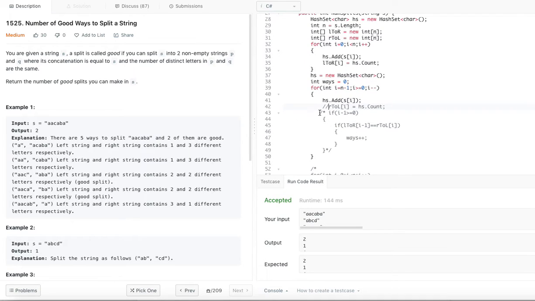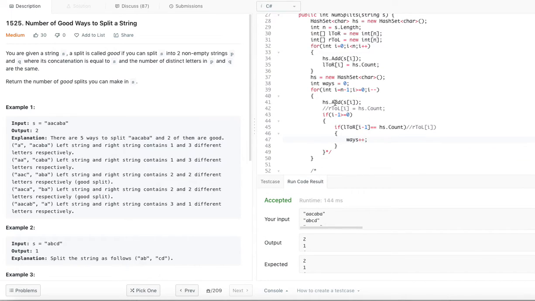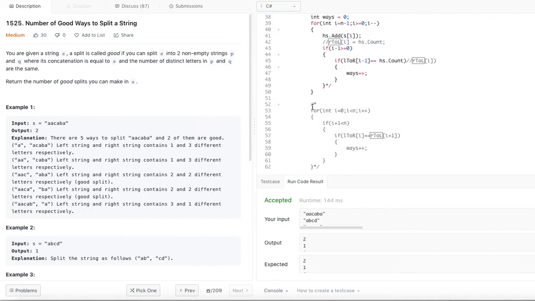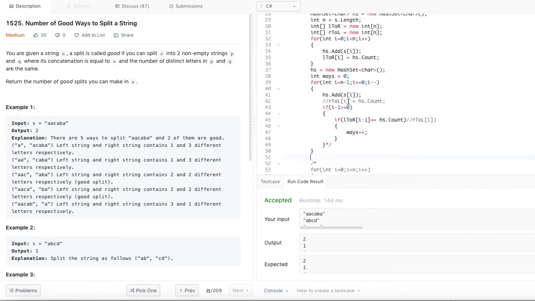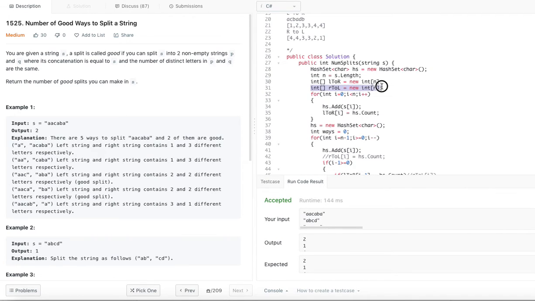So what we'll say is, if I minus 1 is greater than 0, then L to R of I minus 1 is equal to HS dot count, right? If so, we'll just increment. So that means we are not in need of the right to left array. If we do that optimization, we are getting rid of this one more for loop as well as this right to left array.